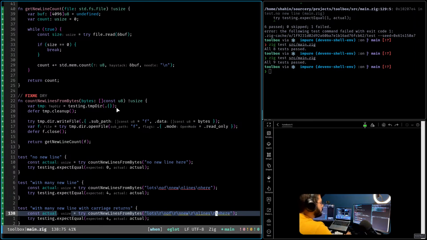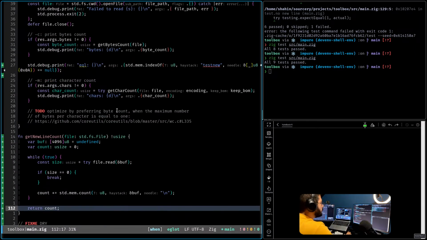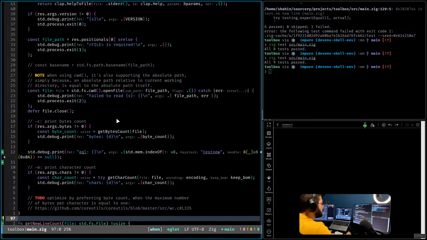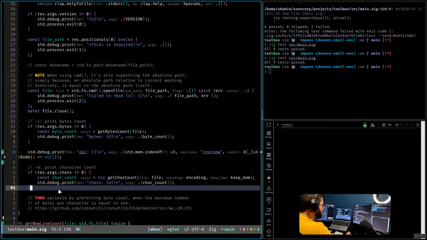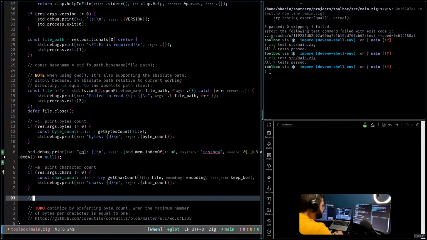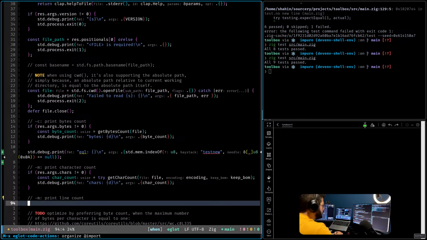And with that, I think I can add the functionality to my prints. So dash m print line count, and if